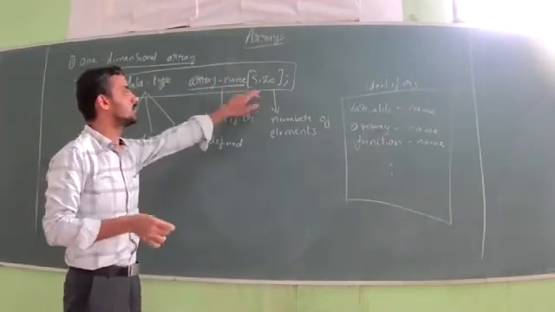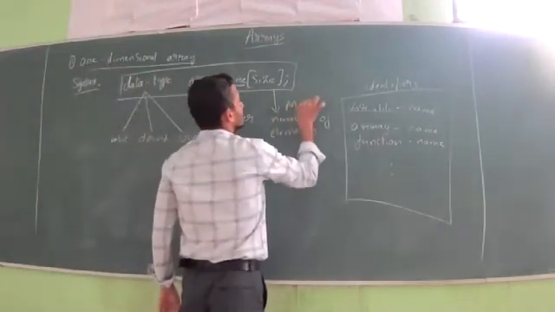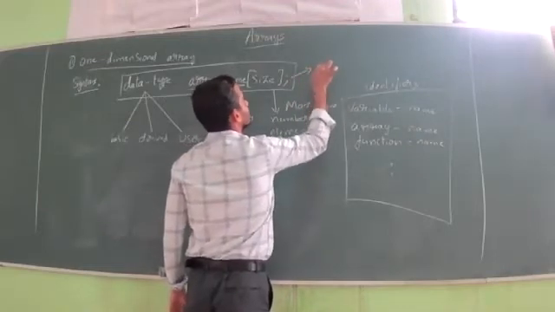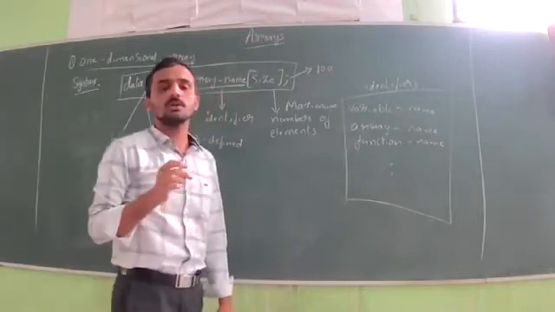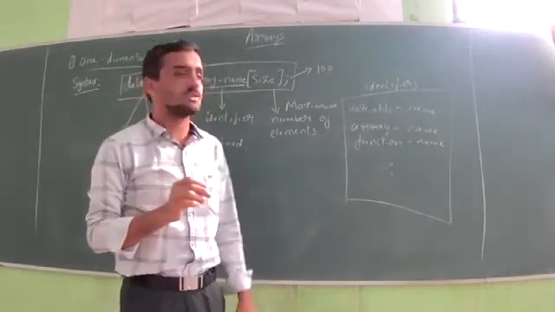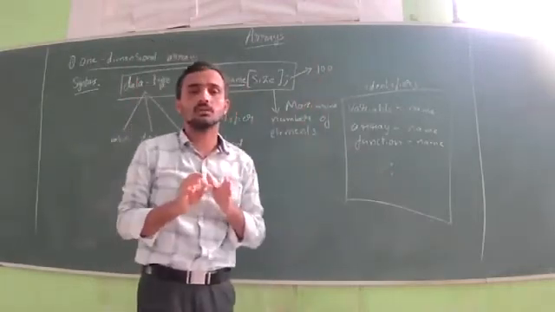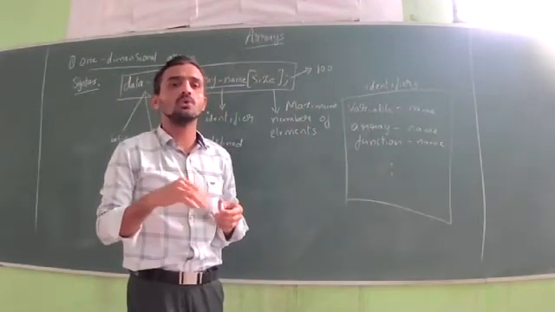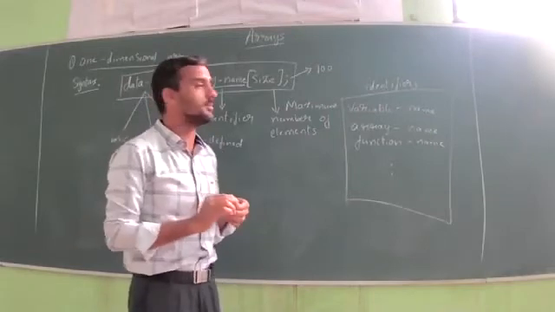And this is the maximum number, because if, for example, I give the size as 100, it is not compulsory that you have to store 100 values. Less than that also you can store. You can store only 50 values. But more than that you should not store. That is the meaning of size.